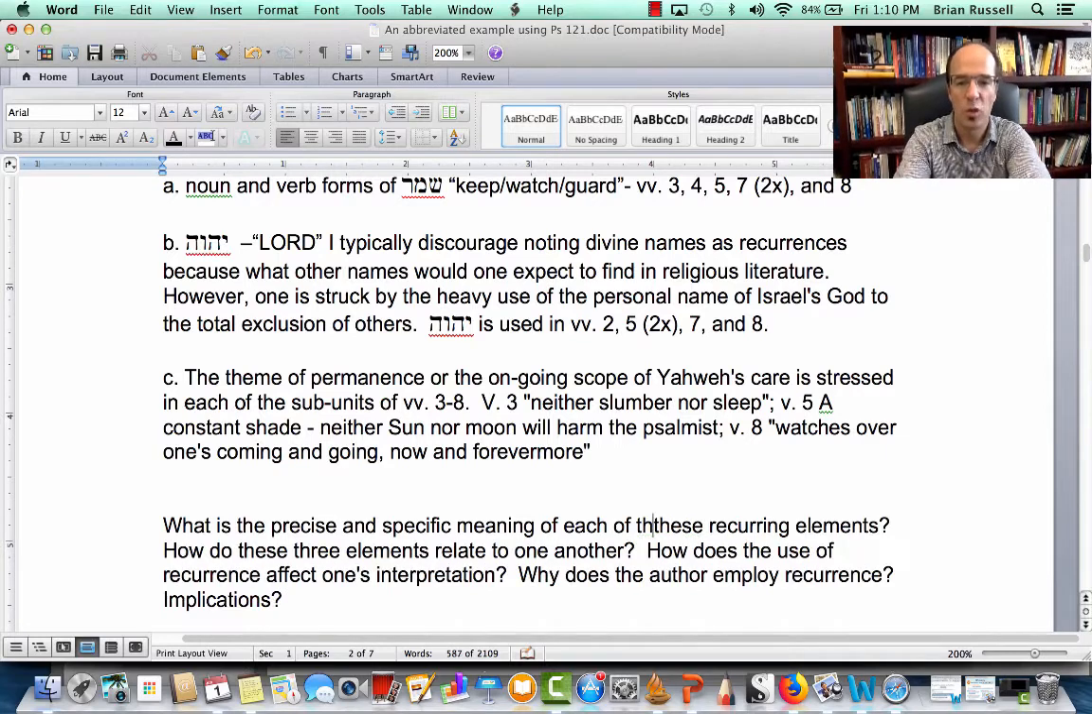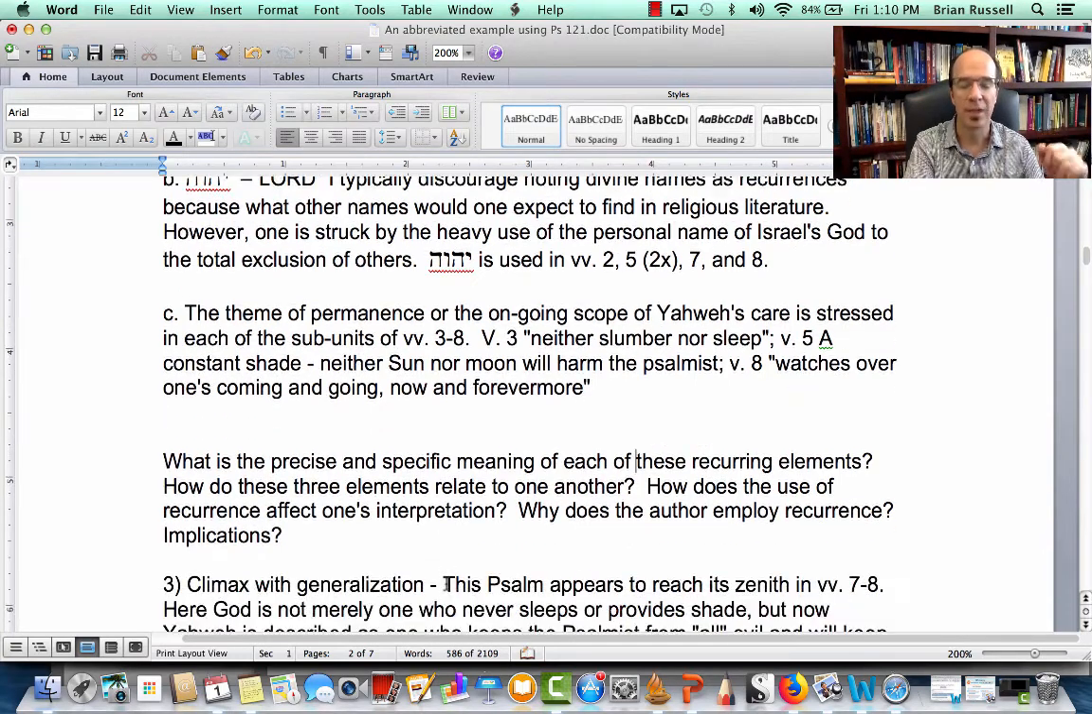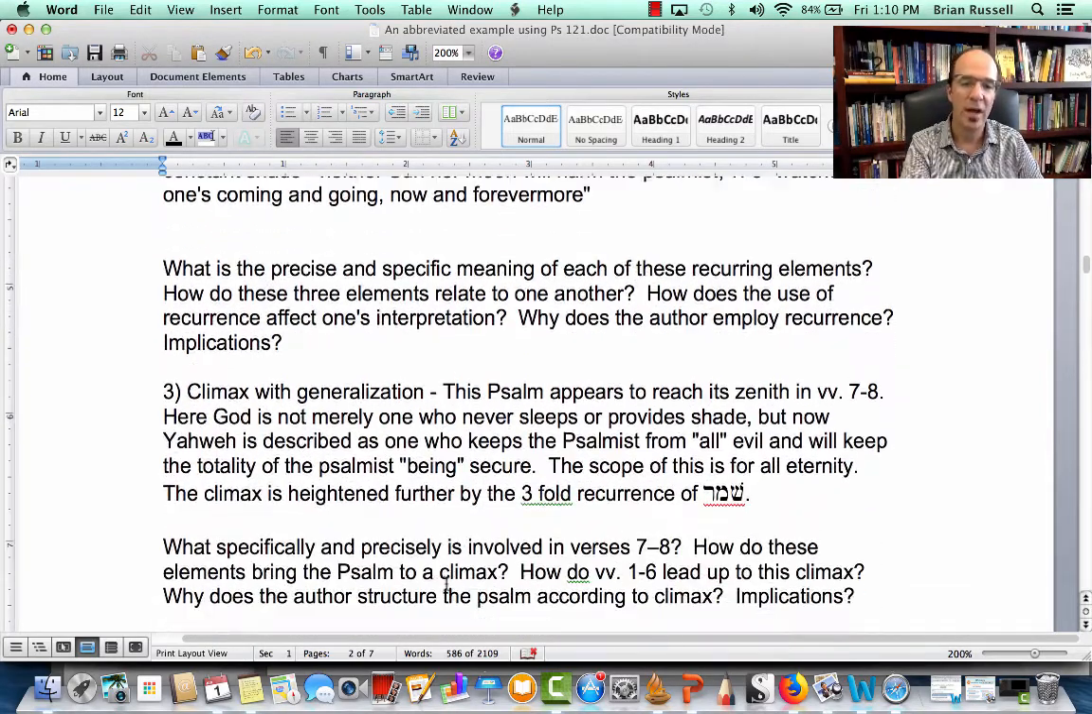So the questions: what are the precise and specific meanings of each of these recurring elements? How do these three elements relate to one another? How does the use of recurrence affect one's interpretation? Why does the author employ recurrence? Implications. So notice again, we have definitional questions, rational questions, implicational questions. Okay, one more structure,